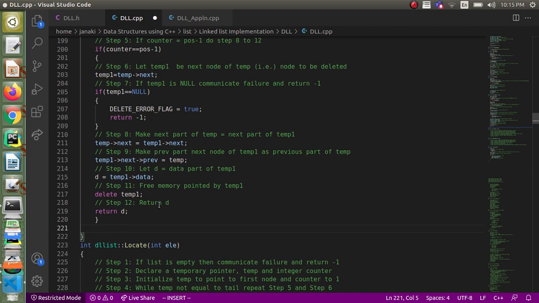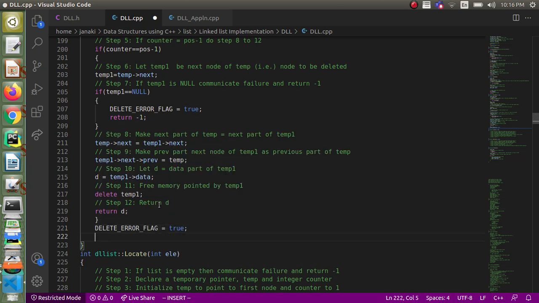Otherwise we have to communicate failure, which means that the loop got broken because I reached the last node. See, when we come out of the while loop, there are 2 possibilities. One is I have reached the correct position, right? Otherwise I might have come out of the loop anyway. So here we have to consider that case. Okay, and return -1, right?